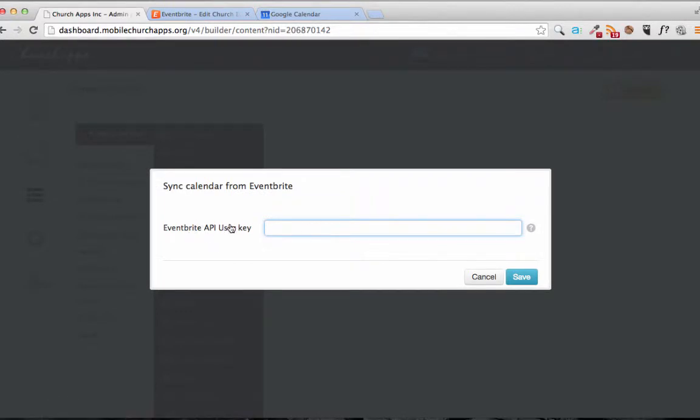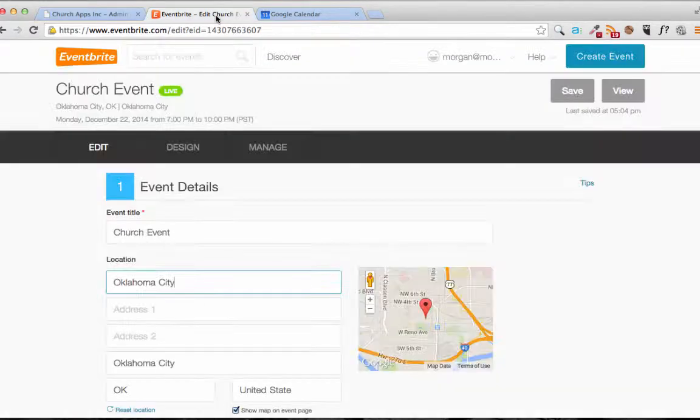So pull it up and it's going to ask for the API user key. Where the heck do I get that? Alright, so go to Eventbrite. I'm not going to go through creating an event, but if you're unfamiliar with it, Eventbrite's got some great tutorials out there. But once you've made your event live, some important fields that will come into the app are the